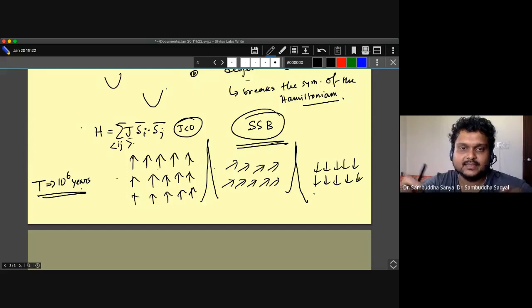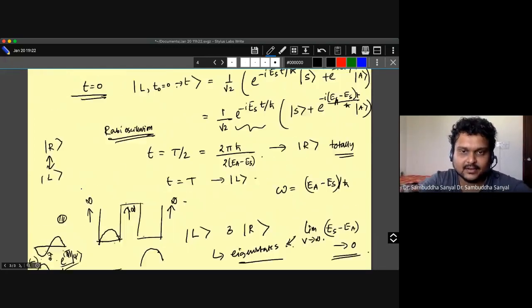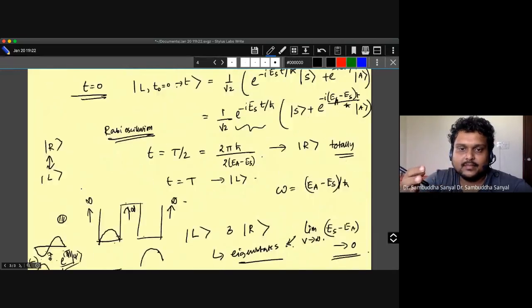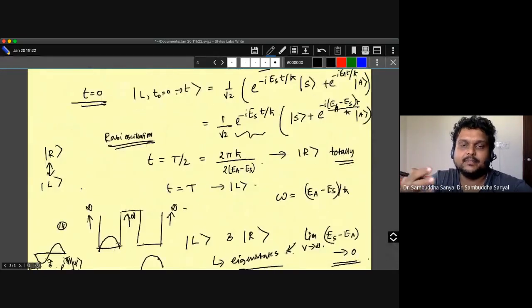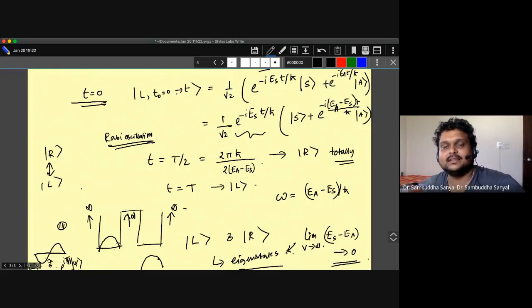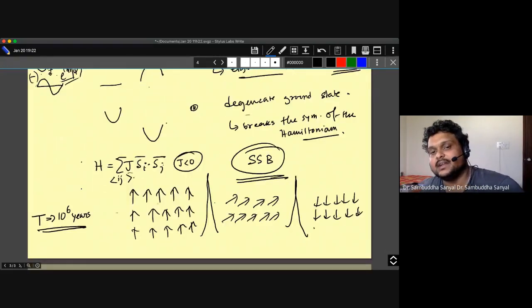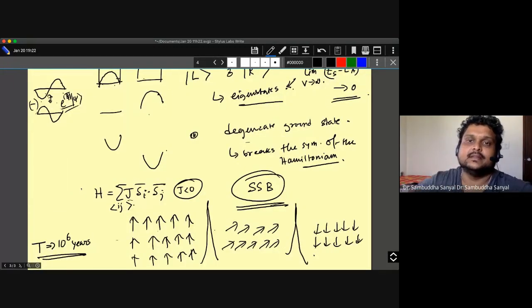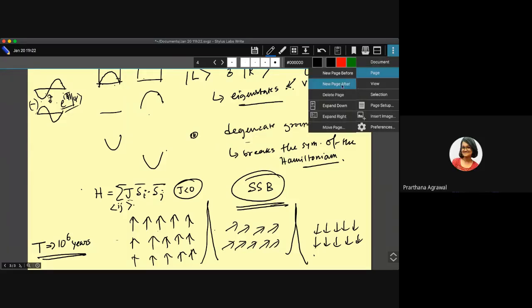But the main point is this: already hidden in this simple double well problem, the ground state of this system breaks the symmetry without doing anything special. It just spontaneously breaks the symmetry of the Hamiltonian, and that is a very unusual thing which you normally don't expect, but it can happen when there is this kind of degeneracy. Is it clear? At least the example, even if the side text statement is not clear.